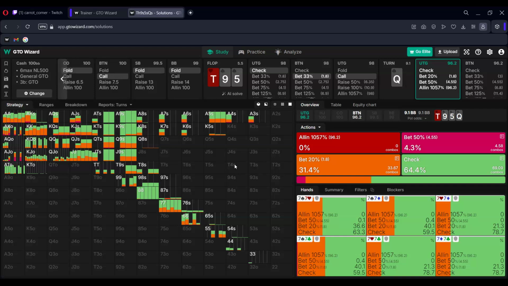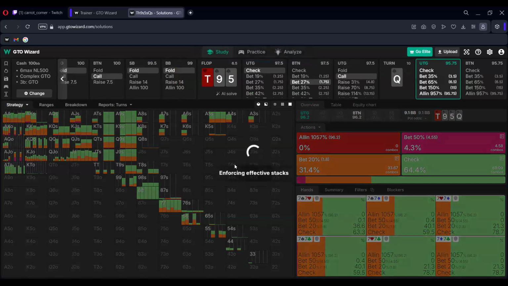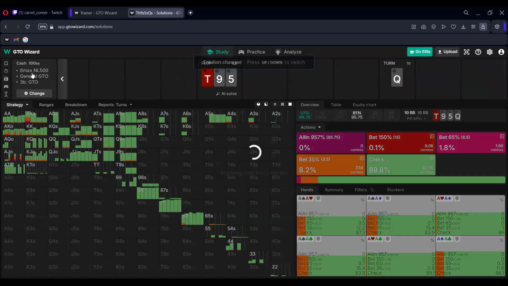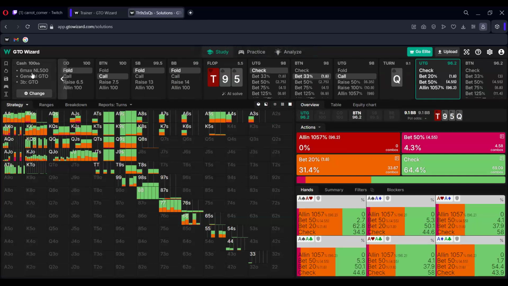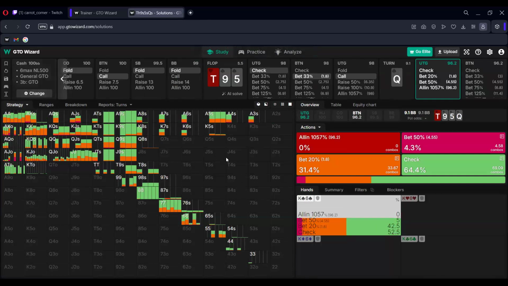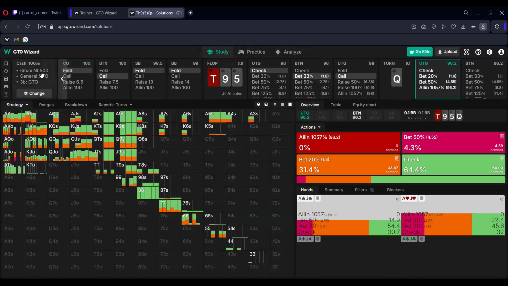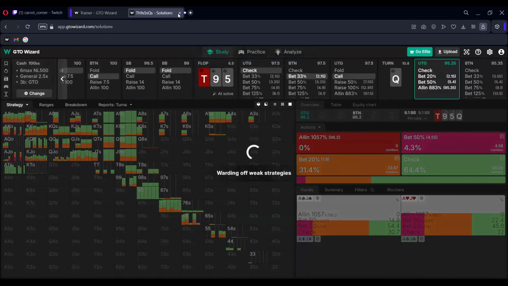Do you want to look at 200 bigs? Sure. No, it doesn't for me. I think it does it on MTT. Okay, yeah, it changed the rake structure. I saw it on a stream the other day, so maybe it was MTT. Yeah, for MTT it's a thing. It changes the rake structure or something else. Okay, but,